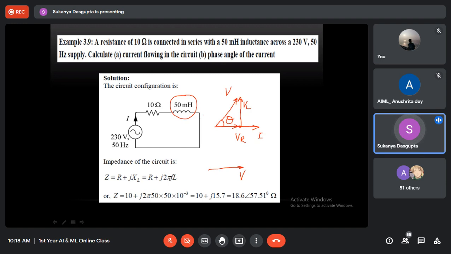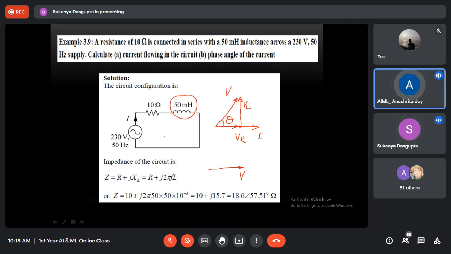There may be one capacitor in series with that. There may be one more resistor in series with that. So every time this V will be the sum of all the voltages. So it will be very, very difficult if you consider V as the reference vector. See, if you draw V along the x-axis, what will happen? You cannot easily draw what will be the direction of R. Now, just imagine if you consider V as the reference.